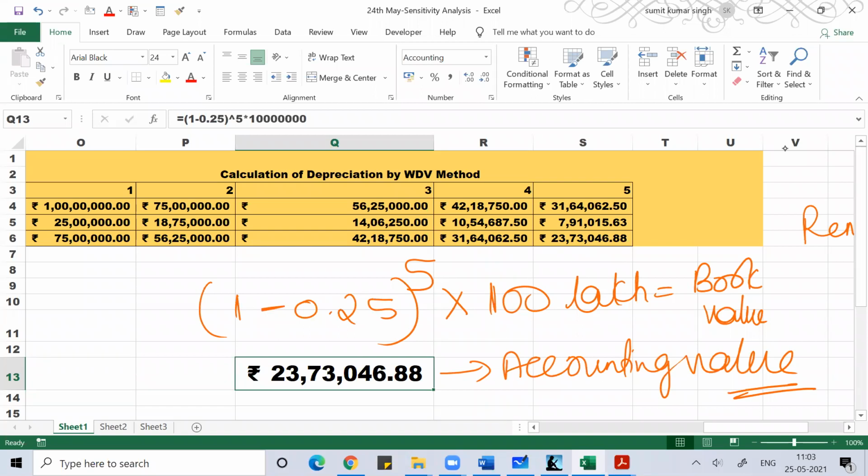Sometimes when you're solving a problem, you started a business by putting 100 lakh rupees of plant and machinery and 40 lakh rupees of working capital. With 140 lakh rupees you started a business, and then after 5 years, you sold this business. They may mention a terminal value, that after 5 years you will sell this business for 30 lakh rupees or 40 lakh rupees. I hope you understand me.